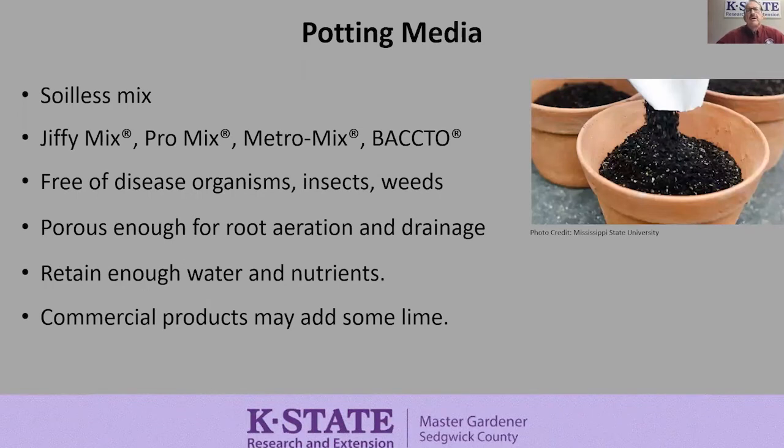Okay, now on to the potting media. And I don't know why they call it media. I call it mix, but generally they call it media because I think they don't want to call it soil necessarily, because there are also what are called soilless mixes. Now, the thing with soilless mixes